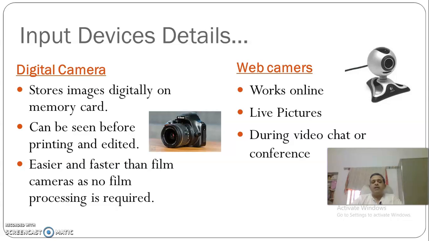If you know, earlier cameras were such, they used to have a film roll inside them. Now on that film roll, when you click a picture, the picture was there, but you could not see it before developing it and you could not edit it. So once the whole roll was exhausted, meaning all the pictures were taken, you used to take that reel to the photographer, and there was a process that took 1 or 2 days, and after that he used to give you the photographs. Whatever the photographs, however they may be, you have to accept them.